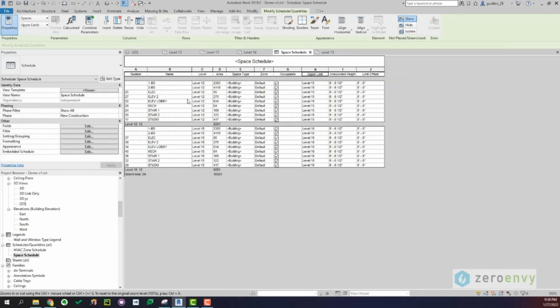For example, all the spaces on level 12 should start from level 12. And also they should have the same upper limit. So going from 12 to 15 is what I want. So that's correct. Same thing for this level, going from 15 to 16. Sometimes you can accidentally set one room's upper limit to something else, like 16, and then you will be easily